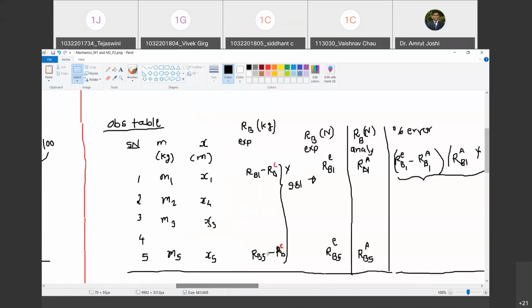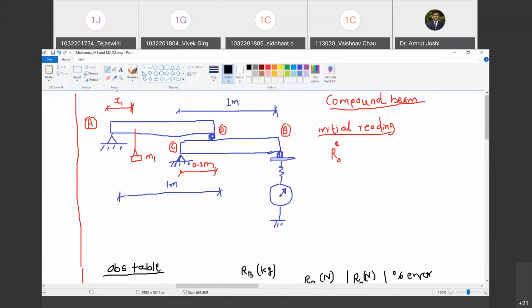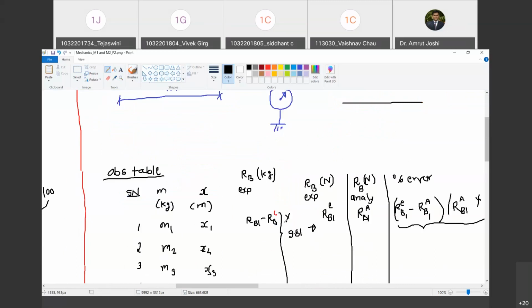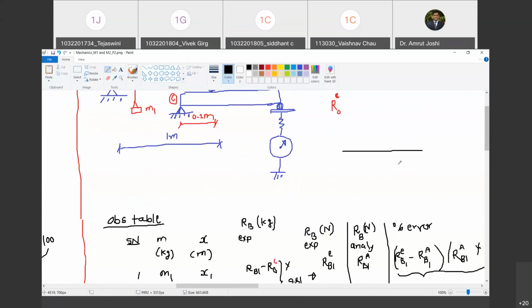Let us come to this case. I am going to draw the free body diagram of beam AD and beam CB. Let me draw the free body diagram of beam AD. Free body diagram means free the body from all external agencies and show what the external agencies must have been doing. So what is external to beam AD? Earth is external, but I am not going to show self weight. Why? Because we are subtracting the reading due to self weight from RB. Are you with me? Yes, sir. So self weight is not shown.